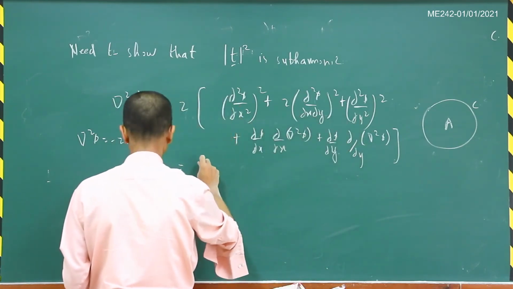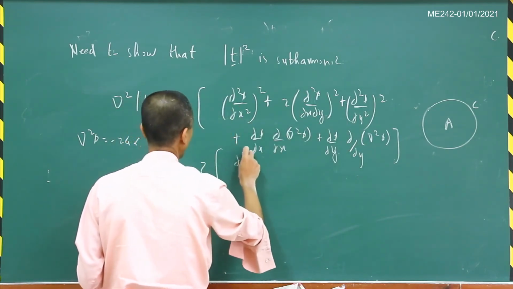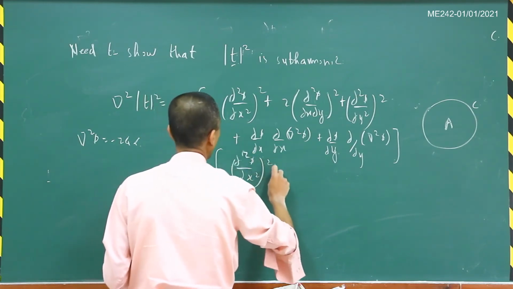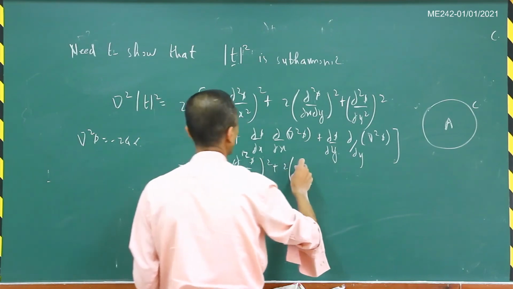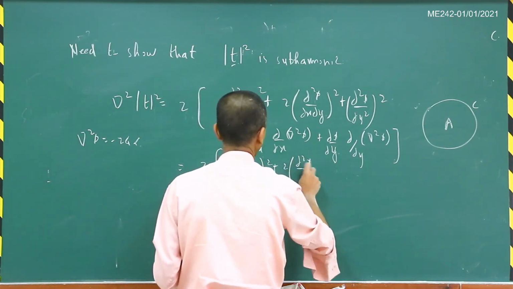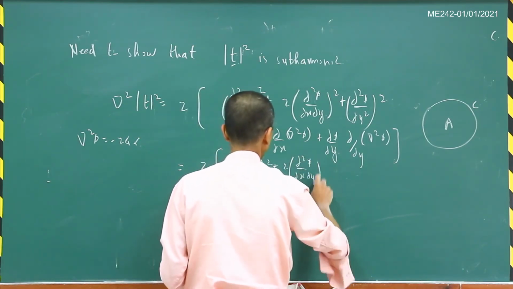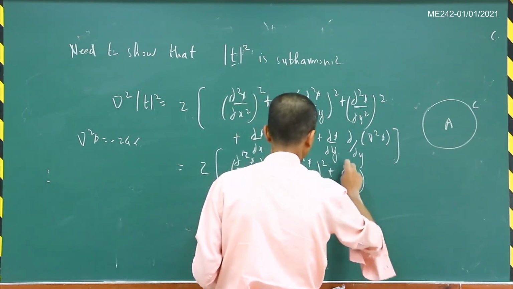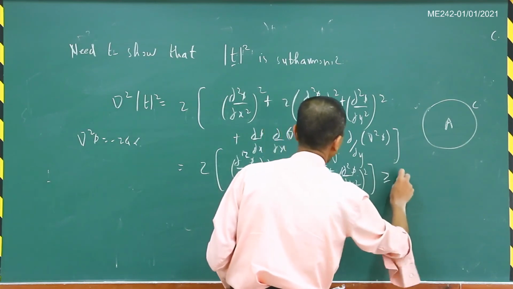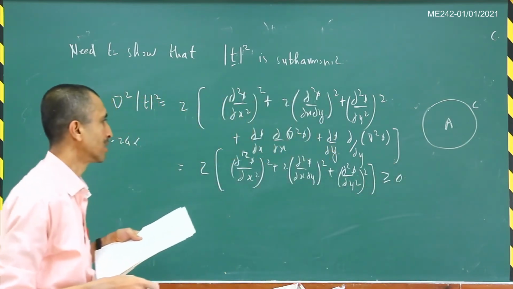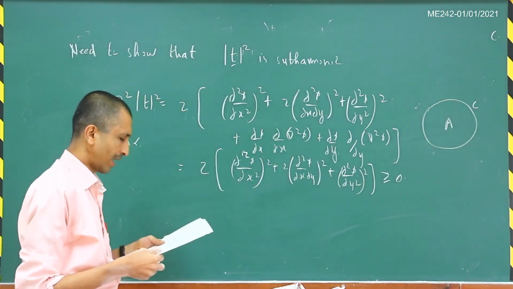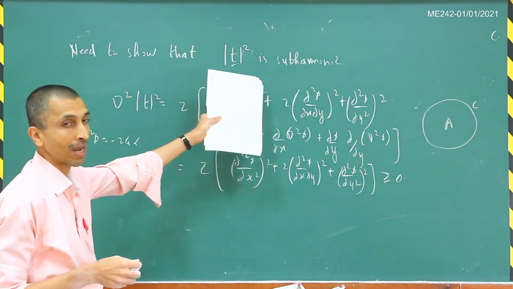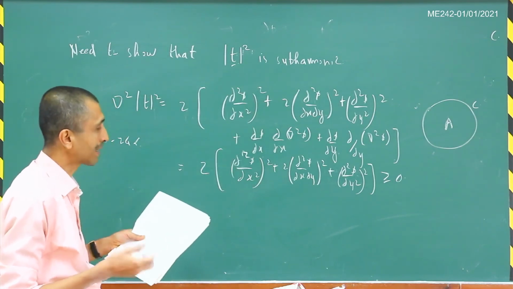So this is equal to 2 times del square phi by del x square plus 2 times del square phi by del x del y, squared, plus del square phi by del y square. And so this is obviously greater than or equal to 0 because it's a sum of squares. And so from this we see that T square is a subharmonic function,